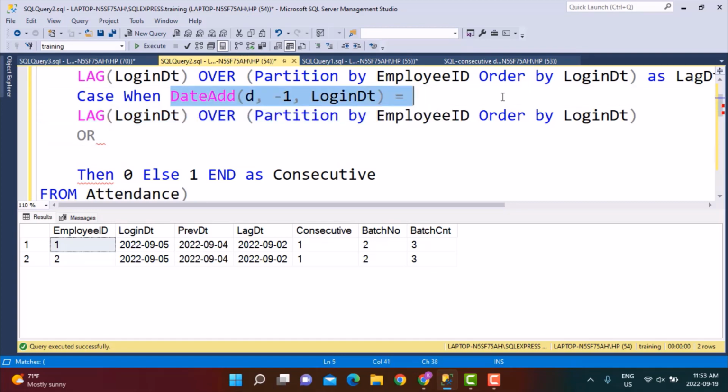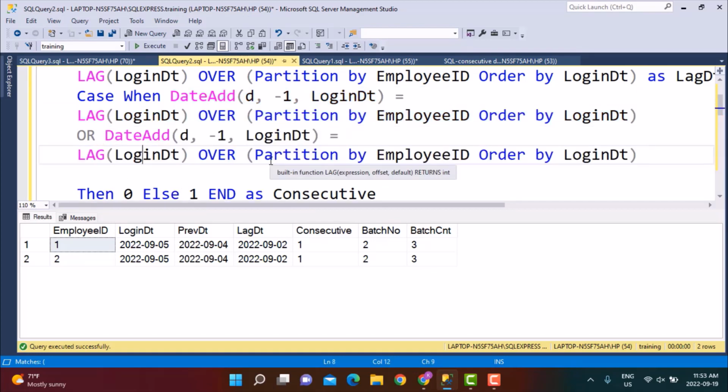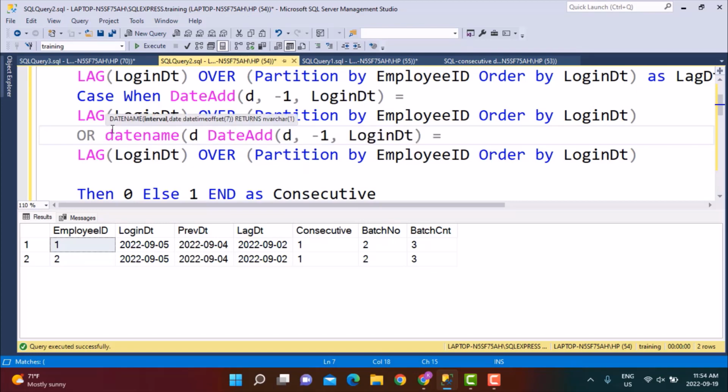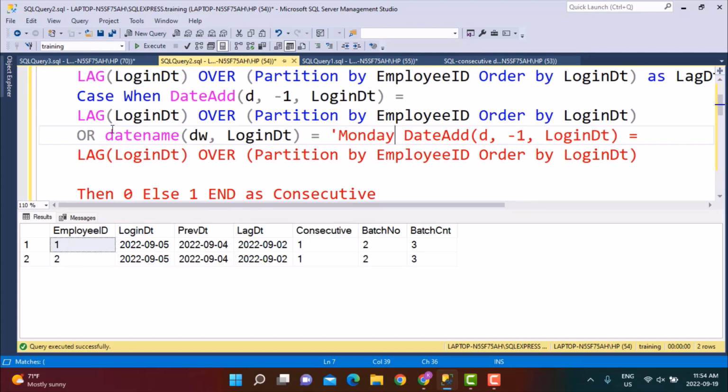So let me just copy this and then we can modify the condition for the weekends. So we still need the lag login date because we want to find out what was the login date on the previous record. And then we're just going to check if the day is Monday, because the break in this case would only happen between Friday and Monday. So we will check on each Monday. To check whether it's a Monday or not, the function we're going to use is the date name function and day of the week for login date. If it is going to be Monday,